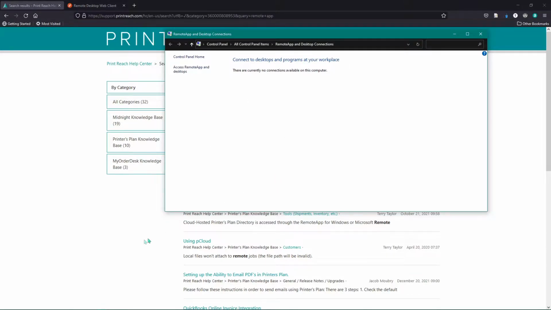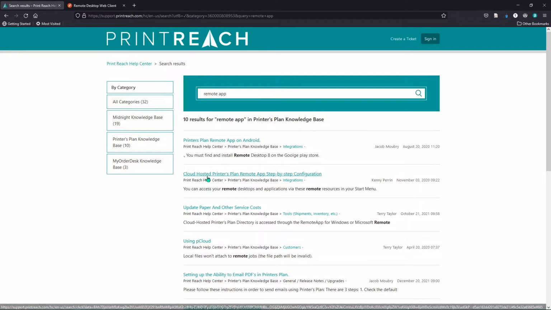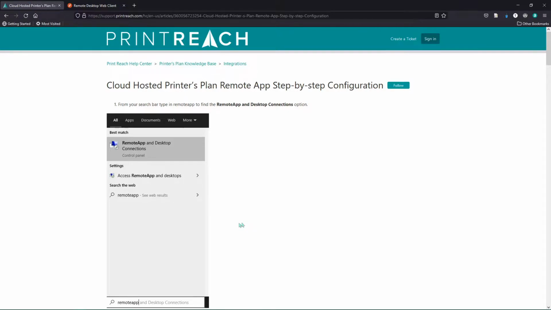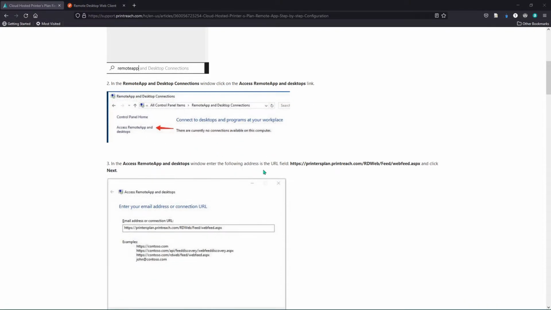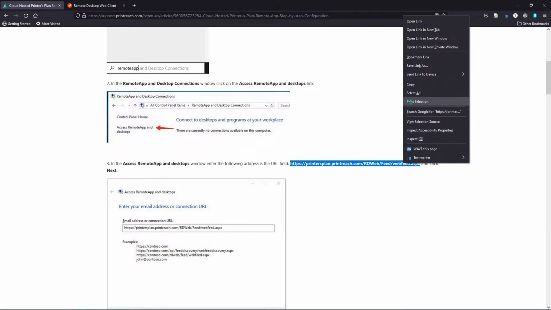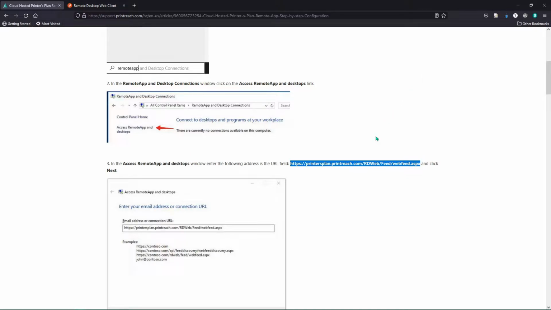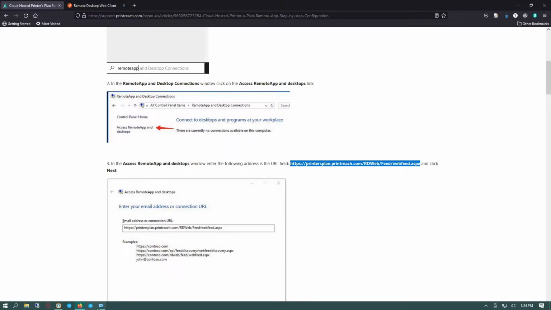So now let's get our guide open here. Cloud Hosted Printer's Plan, Remote app, step-by-step configuration. And we've already completed step 1 here, which is do the search in Windows and get the resource open. So if I follow through this guide here, in step 3, I'll find a URL that I'll need to set this up. So I'll copy that, right click, copy, and then I'll switch back to the little tab that shows Remote app,